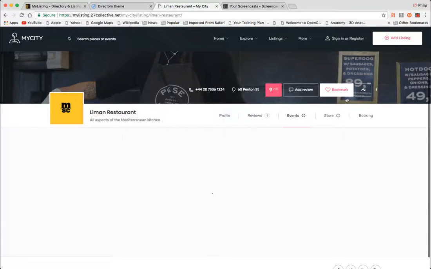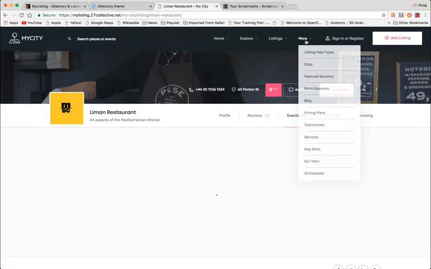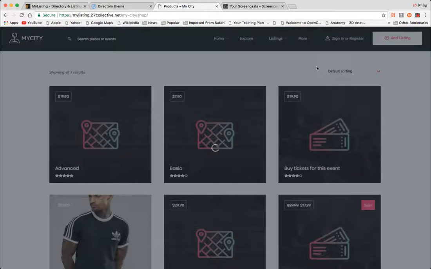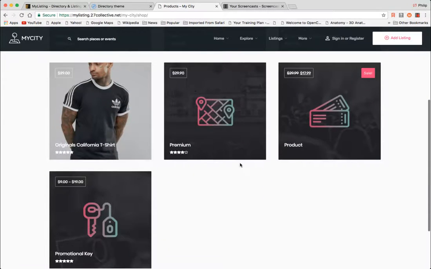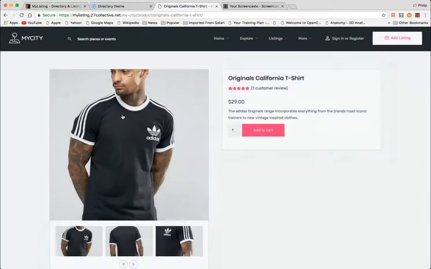All right. I mean, again, it's all integrated in a very beautiful and highly functional way. Here's the shop, which again is WooCommerce. They have icons which look great. You can just sell something like a t-shirt in the most basic form, or sell whatever you're going to sell on your store, or you can offer your